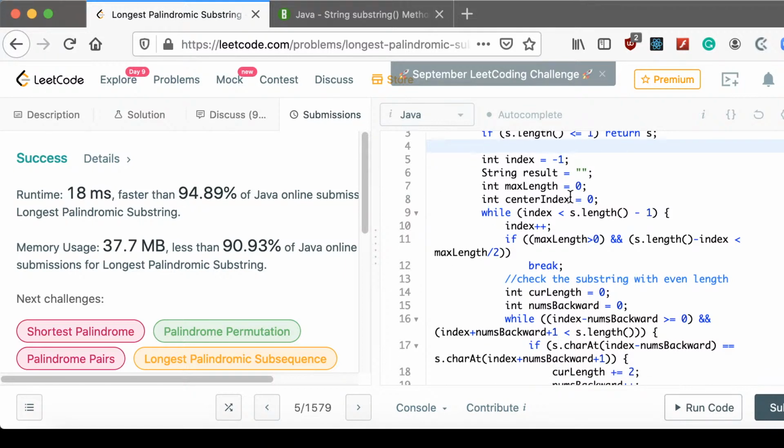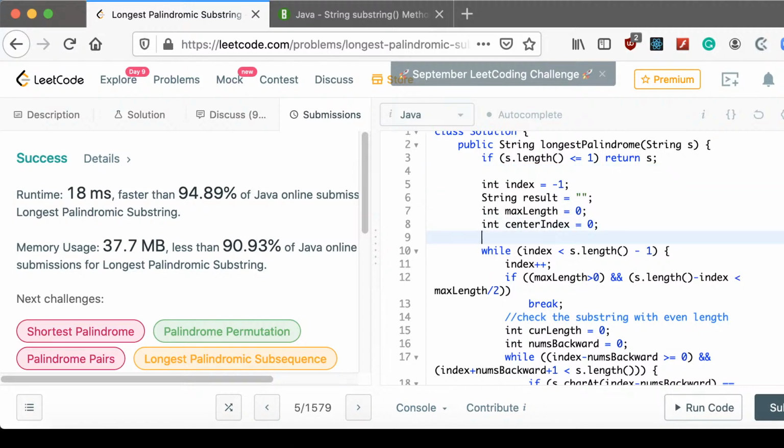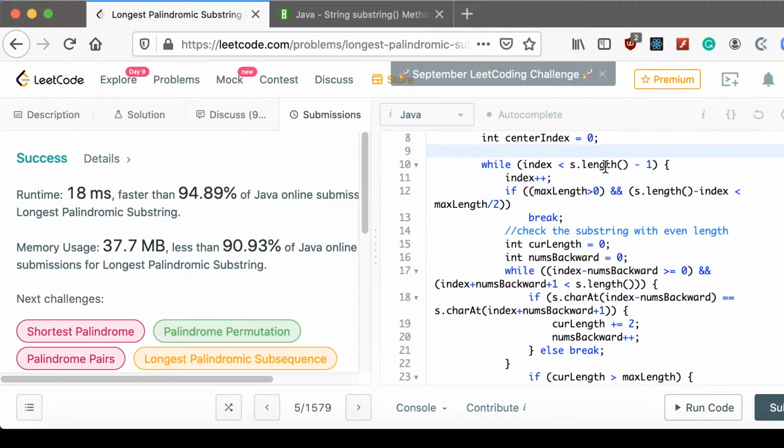Then we only run when the number of characters of the string is bigger than 1. It goes from 2. We initiate all the values and then we go here. We make a while loop to run through all the characters and we check if we already have a good result, and